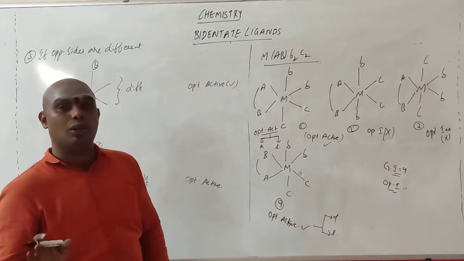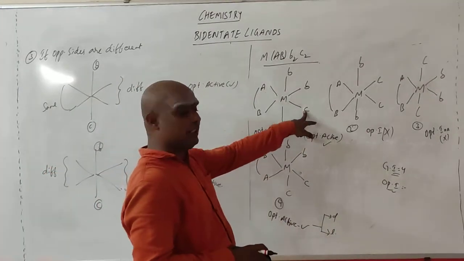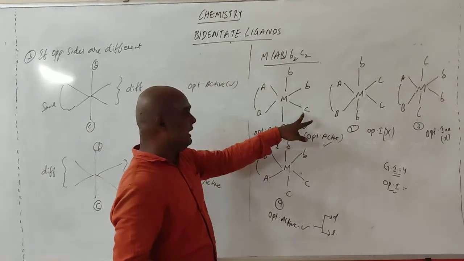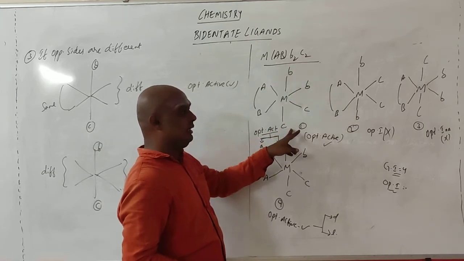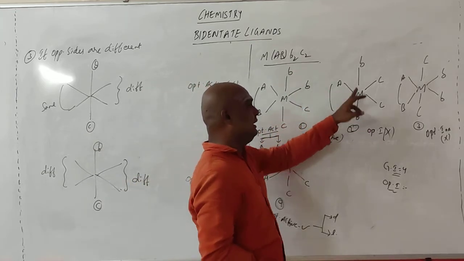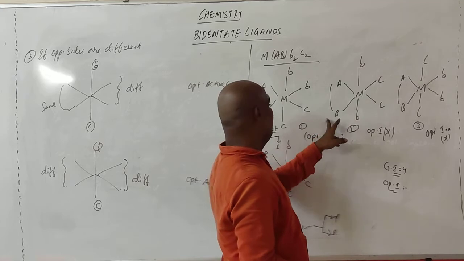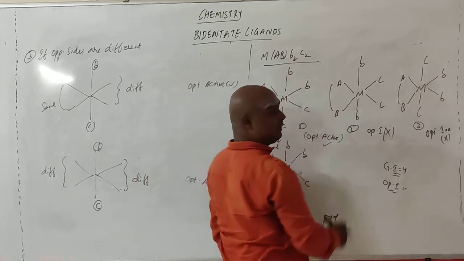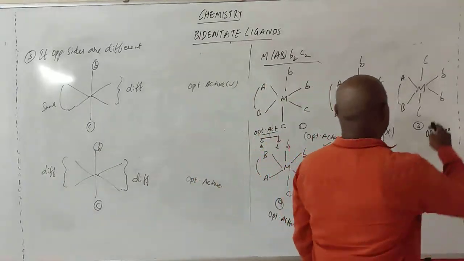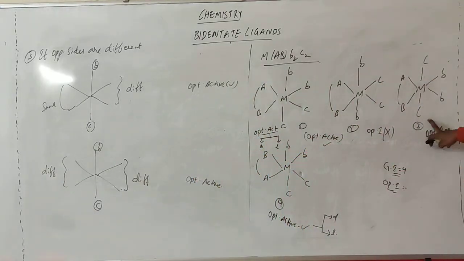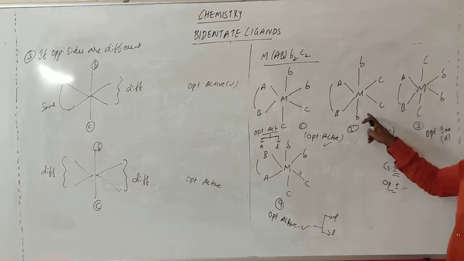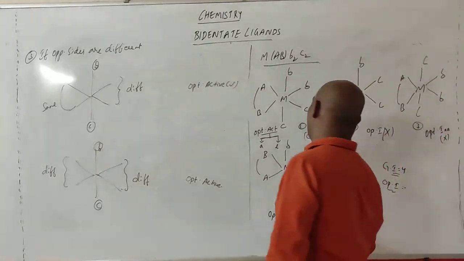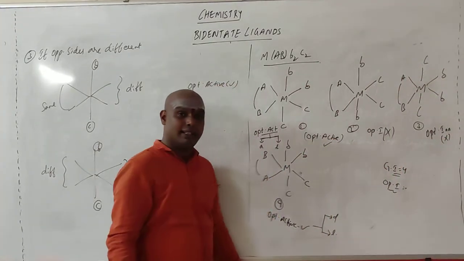See, I hope that you know how to write geometry. Geometry means take the opposite sides. Take the opposite one, make the combination C. AC, BB, BC. Here, AC, BB, BC. Here, BC is not there in this complex. Here, BC is present. Right? Difference is there. Here, CC combination is there. Okay. Here there is no CC combination, here no CC combination. Right? Here BC, AB, BC combination is here. So this is one set.